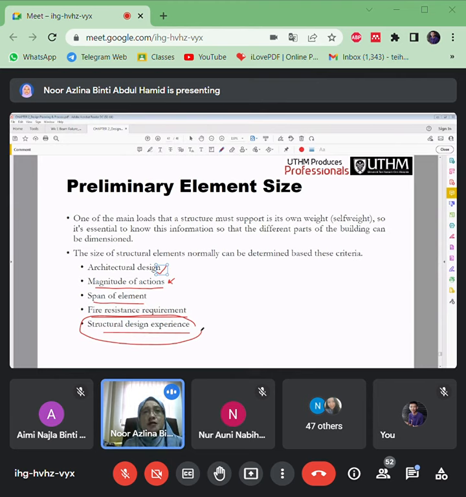But how good the size of that beam that you propose, how it can reduce the cost, but at the same time you also go for the safety and so on. That is the experience lah, kan.